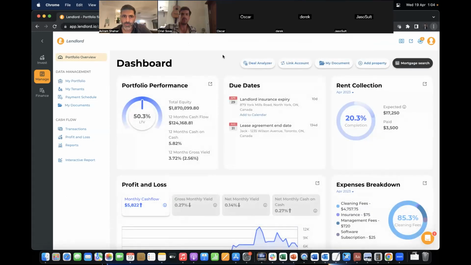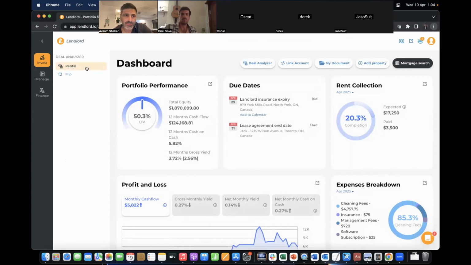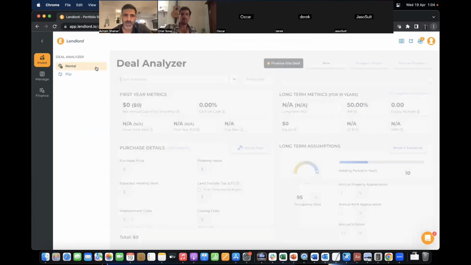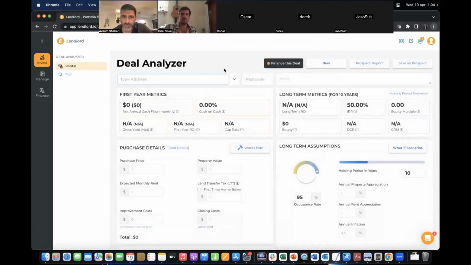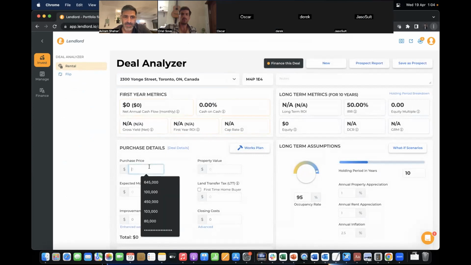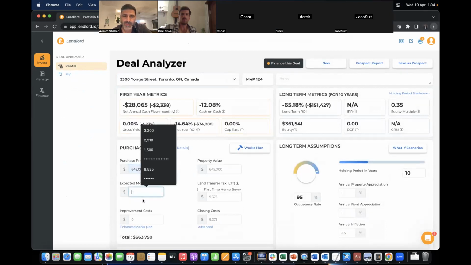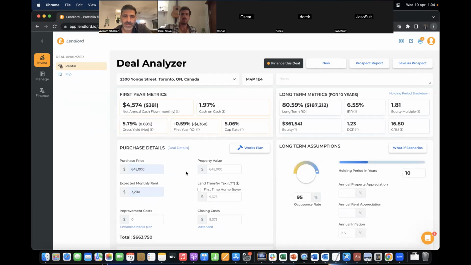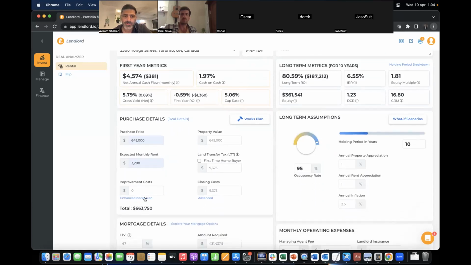Okay, so Lendlord has basically three main functionality areas. One is invest. In the invest part, in the Canadian version, you can use the deal analyzer. The deal analyzer is a great tool to analyze potential acquisitions, property deals. You just need to start with typing the address, put two data items, the purchase price and the expected monthly rent. Immediately you will see your first year metrics and the long-term metrics based on the platform defaults. But starting from this point, you can start